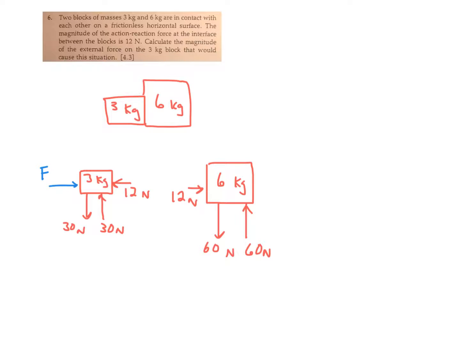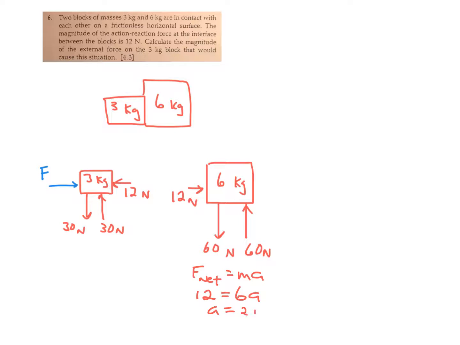Once again, the action-interaction, Newton's third law pair of forces between the two boxes is 12 newtons. The small box pushes on the big box, and the big box pushes back with the same force but in the opposite direction on the little box. But if you apply F net equals ma, there's no friction here. The F net equals ma for the 6 kilogram block: well, the 12 newtons is the F net, so you have 12 equals 6a, so a must be 2 meters